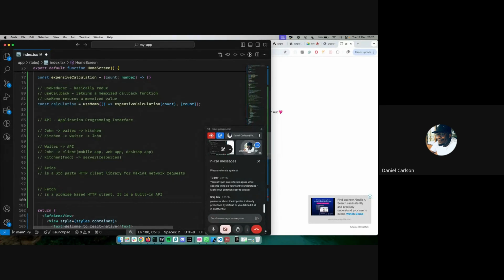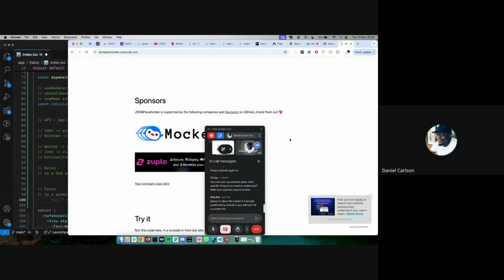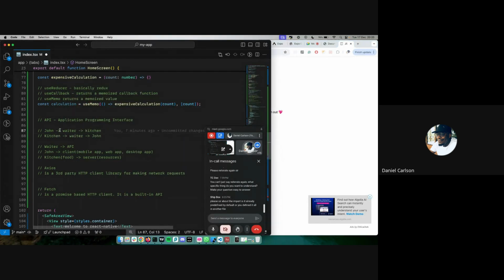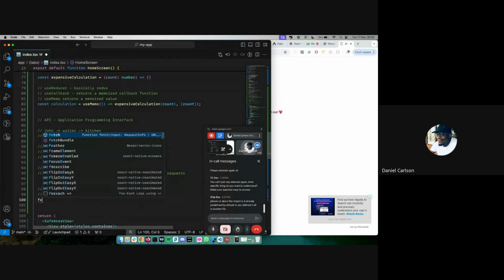So I'm going to get a list of users from that endpoint. In our case, our endpoint is the JSONPlaceholder typicode API. You can also use the digital renter API if you have access to it. You can also use a backend provided to you by your developer or the backend guy. So when you have that API, you have to make an API call. And using fetch, we can make